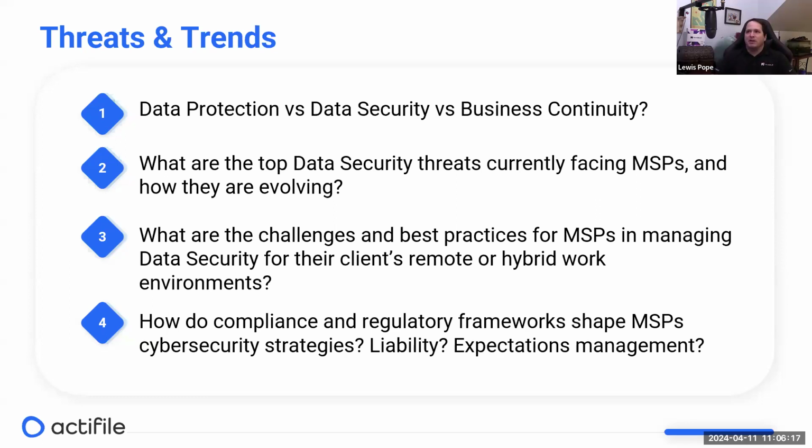So it's always worth defining that and really driving home for MSPs that just as much as it is your responsibility to make sure that you're doing good backups and giving your clients good business continuity plans and disaster recovery plans, you also have to be concerned with data security as well, the data when it's in use in the environment.